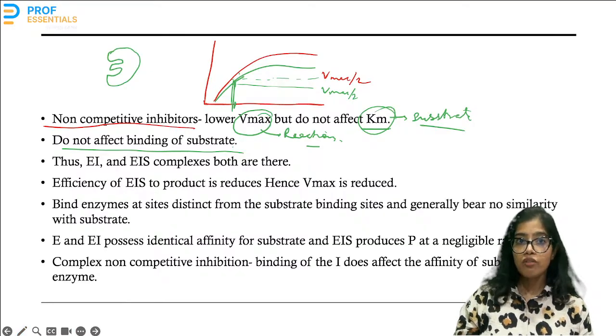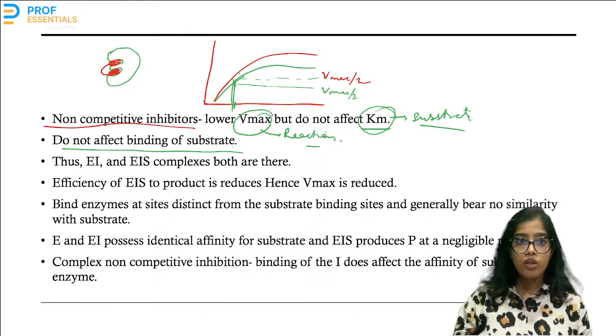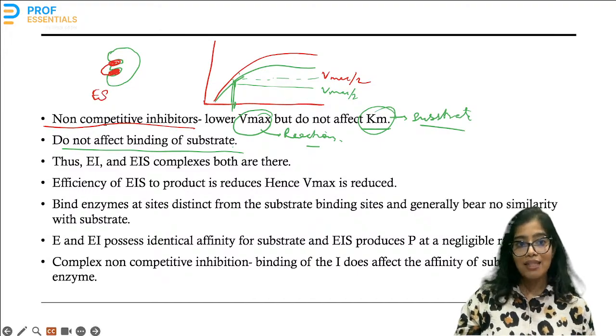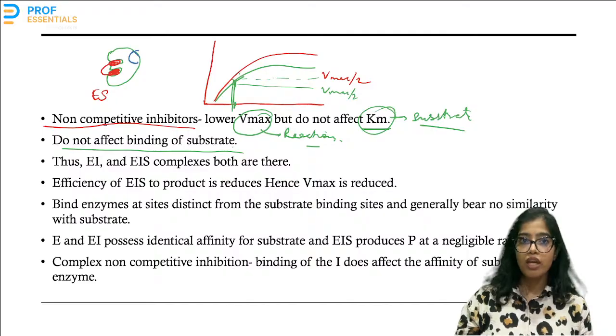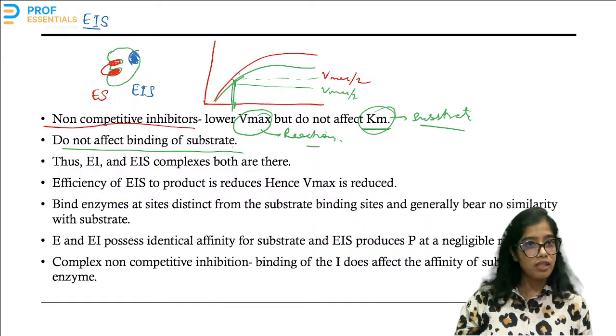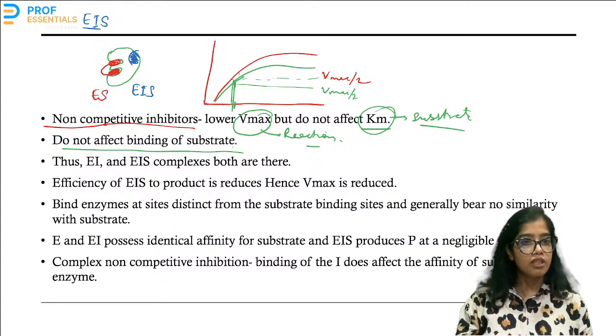Unlike competitive inhibition, where the substrate binding is affected by the competitive inhibitor, here the enzyme is going to normally form an enzyme-substrate complex. But along with that, an inhibitor is also going to attach to this complex, and an enzyme-inhibitor-substrate complex is going to get formed. So even if an enzyme is attached to the inhibitor, even if the EI complex is formed, still the substrate can come and get attached to it. Still the EIS complex can form in simple non-competitive inhibition.